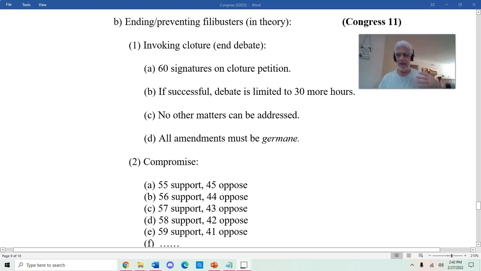So how do you go ahead and end debate? How do you invoke closure in the United States Senate? Well, you have to get 60 people to sign what's called the closure petition. A closure petition is basically a petition that says we're going to end debate. So really it's, if you're the sponsor of a bill like Phil's Corn Law, it would be me and 59